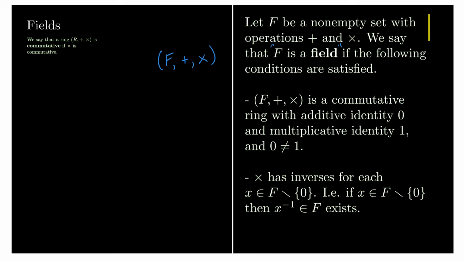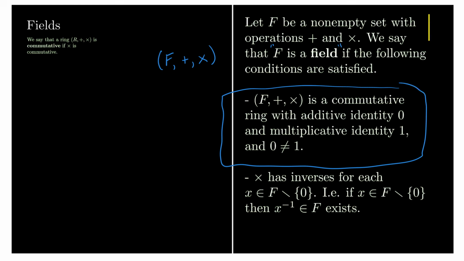So we say that this thing is a field if it meets the following conditions, which is that it forms a commutative ring, and that ring must have an